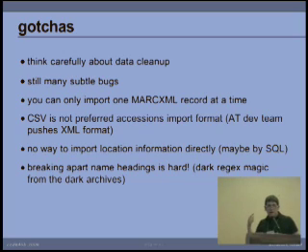The gotchas are, obviously, you need to think carefully about data cleanup. A big thing is, particularly, inconsistencies that you have in forming a name if you don't have an accessions database which has an authority module built in. There are still many subtle bugs that the dev team hasn't accounted for completely. You can only import one MARC XML record at a time. And probably the two big things for me is there was no way to import location information directly, and breaking apart name headings,